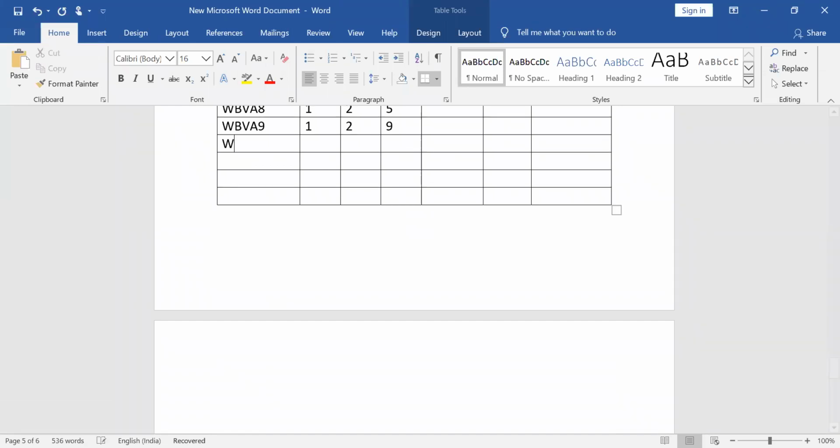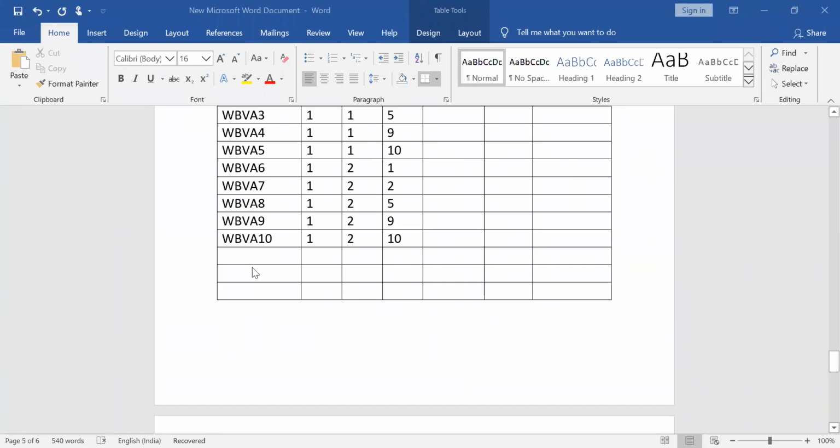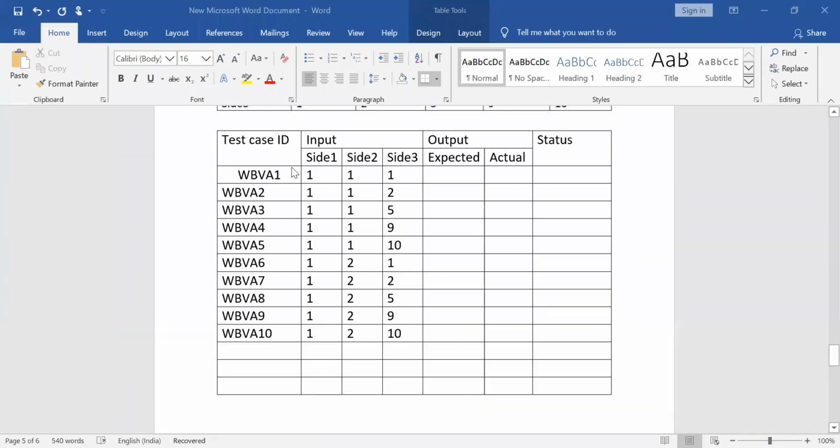Next one is WBVA 10: 1 followed by 2 as usual, 10. That means 2 test case designs are over. Remember, 10 cases are over.